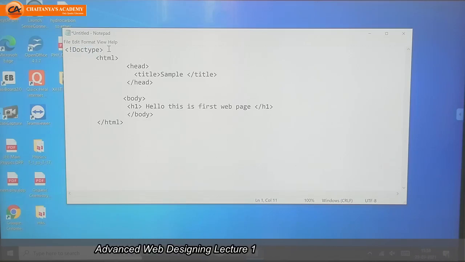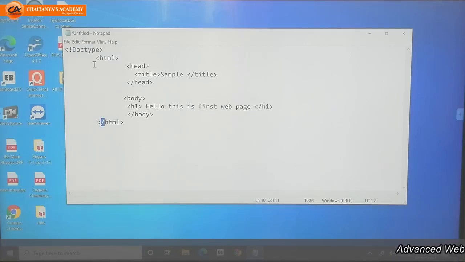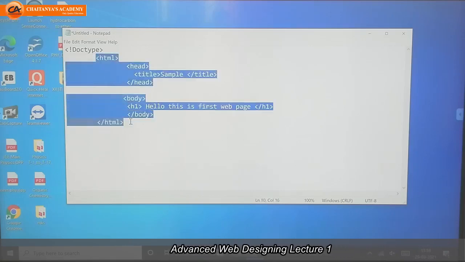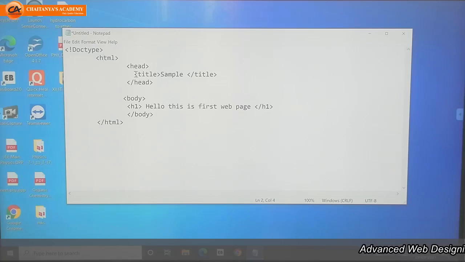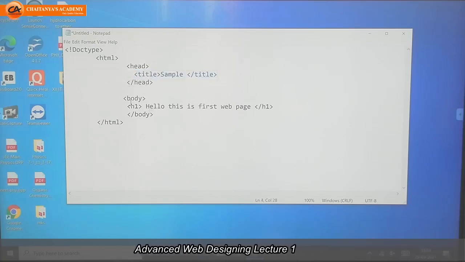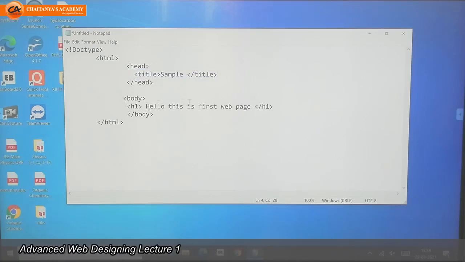What we did: we first wrote the doctype tag, which is used to inform the web browser which type of document it has. So the web page is an HTML document. Next, the starting tag of HTML. HTML has the next tag, the head tag, which contains other informative tags. In that, the title tag is one. Next, the end of the head tag. After that, whatever contents we want to display on the web page are included in the body tag.